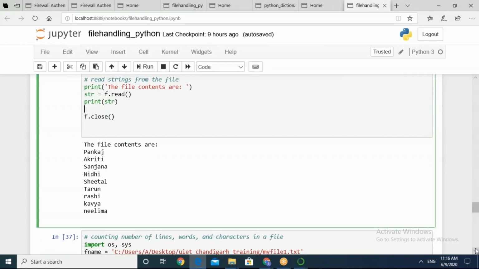So here are the file contents that we have just read from the file, which is existing with the file name myfile1.txt. Now the last example for this session which we are going to execute is to count the number of lines, words and characters in a file.